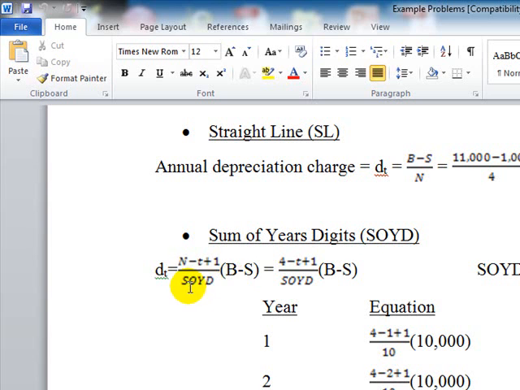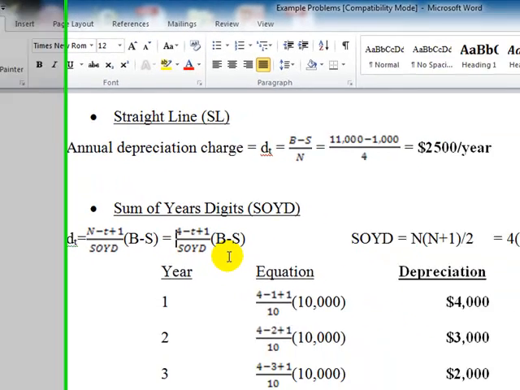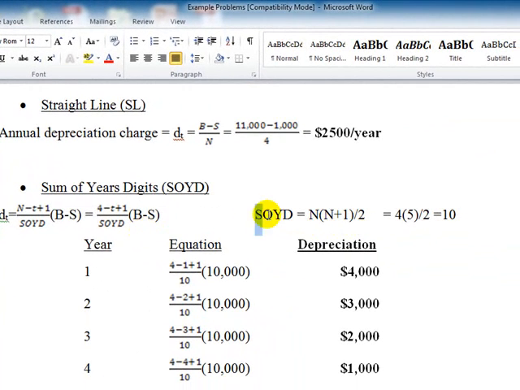N minus T plus 1 divided by SYD multiplied by capital B minus S, which is the base value, initial value minus salvage, right? In this case, N, the useful number of years, is 4, minus T, we will vary that number for each year. So for now we will keep it as T. Then 4 minus T plus 1 divided by SYD, which we need to calculate, and multiplied by B minus S, right? The formula for SYD, which is sum of years digits,